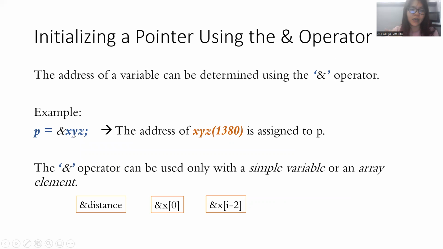For example, in this line we assign the address of XYZ to P. We are basically saying that the address of XYZ, let's say it's 1380, assuming it's 1380, will be the value of P. The address operator can also be used with a simple variable or an array element. You can use this address operator on a simple variable. This one is an array element, so you are accessing the first element of the array, index 0, as well as